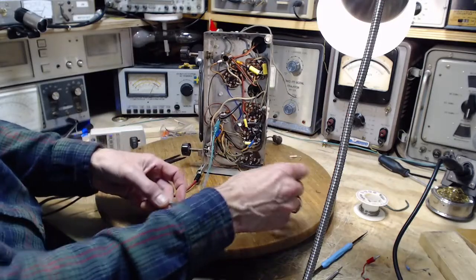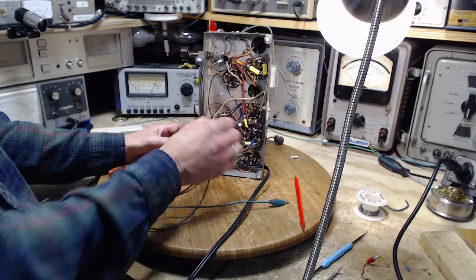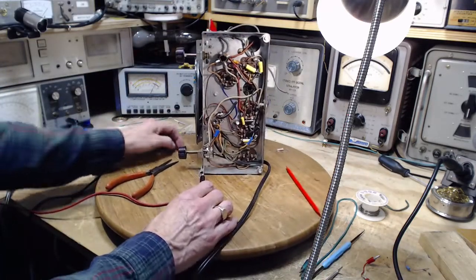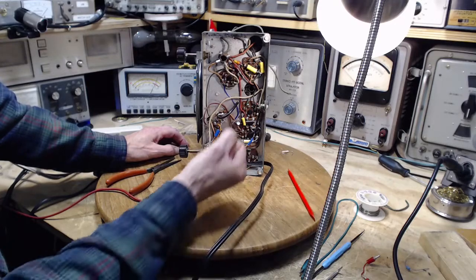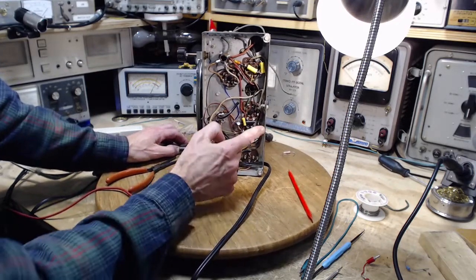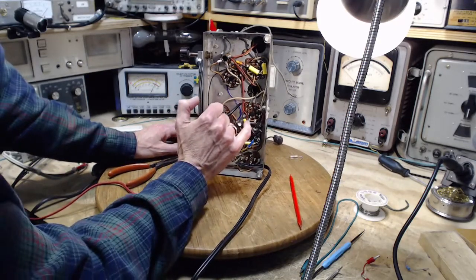Well, I got a long clip lead here. What if I do it with a really short little piece of wire? Well, I'm going to solder in a new connection to ground. Where can I go and get a ground? Right there, right close to it. What else is on the ground? Didn't I determine...